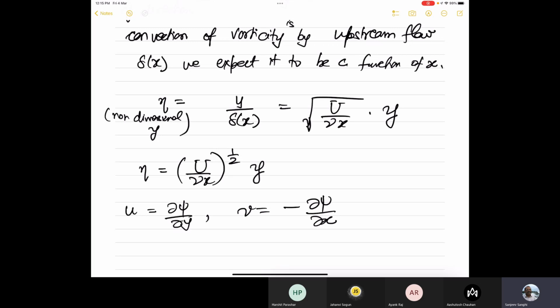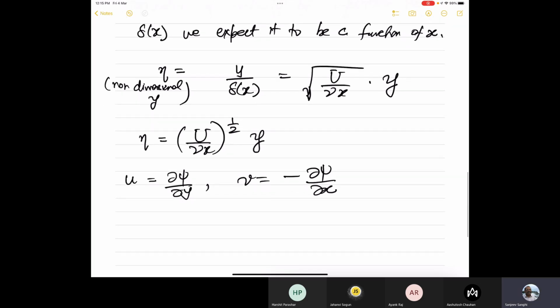So we are in some sense trying to get the value of the similarity variables, the scaling of that by writing eta in this form. And then of course we have to feed it in the equation. If we get an ODE in eta and all x's cancel out, that means we have done the right thing. Now, so we have u is equal to like this. So now